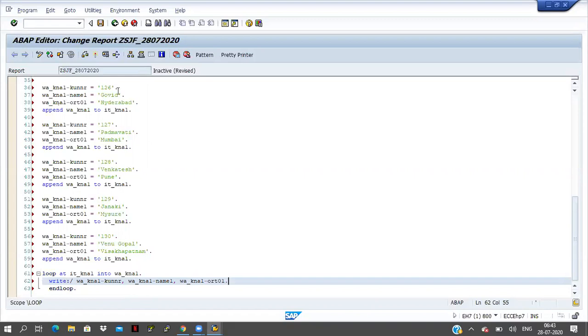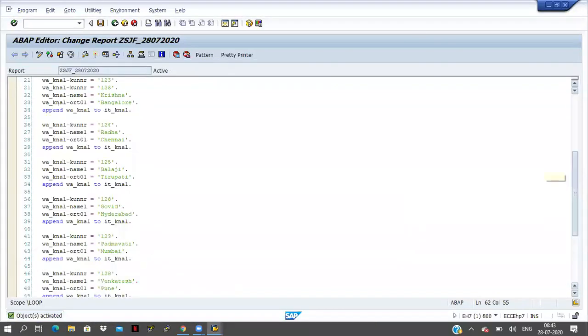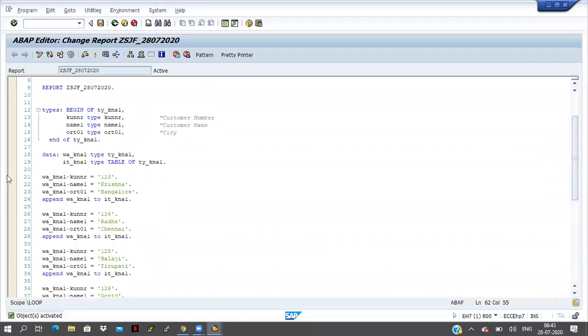So this is the simple data. Save the program, check the program, and activate the program. The program is activated now. I will keep the breakpoint at the first record. Now I will execute the program.